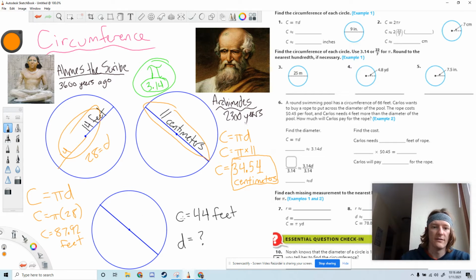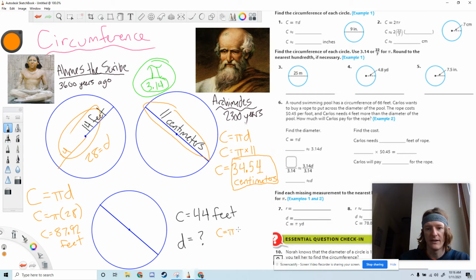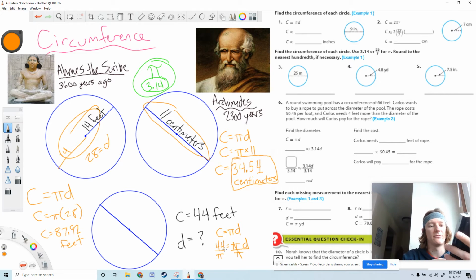For this last one, we need to find out what the diameter is, and they give us the circumference. So let's write our formula. C equals pi times d. They say that C is 44, so 44 equals pi times diameter. Well, now we can divide by pi. It's a one-step algebra problem. Divide by pi. So 44 divided by 3.14 tells us that our diameter is